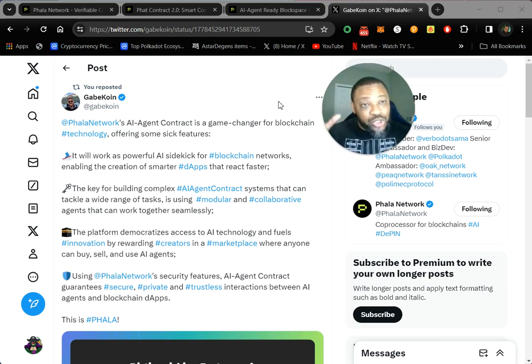codes and solutions and technology that can be deployed in Polkadot and all types of other blockchains and technologies. And it's going to be a whole marketplace of AI tools and dApps and applications that can be deployed that will have all these different functionalities of the smart contracts and the AI contracts, which I think is great because it incentivizes developers to continue to build and have a marketplace for their ideas. So I think that's huge. And finally, it says using Phala Network